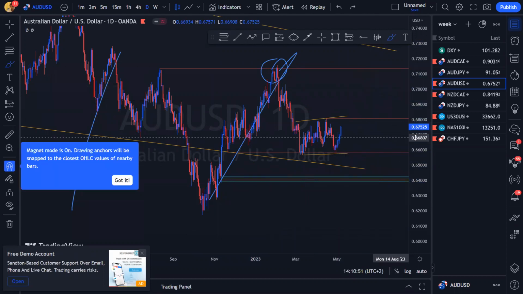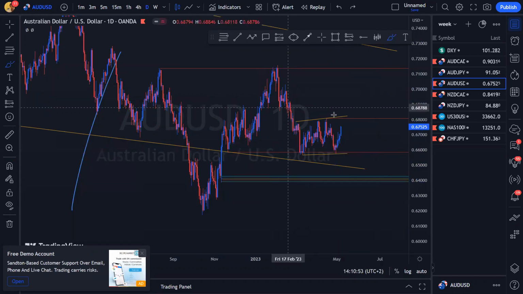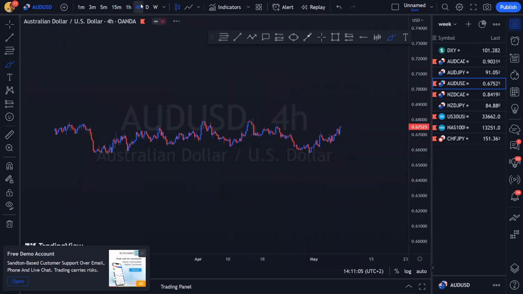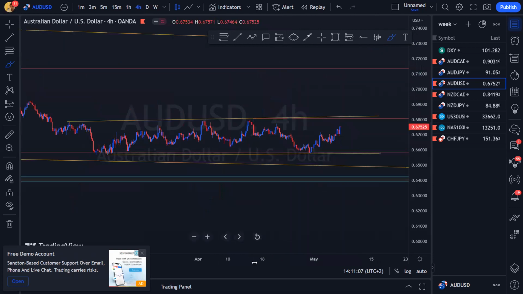Now, obviously, if we start to look at what's going on inside of here, we've got momentum to the downside, giving us a new lower low, obviously breaking below this low. And we obviously have price action starting to move sideways. So we've got some sort of a corrective structure. Now, what we're going to be doing is accommodating for a potential sell biased setup.